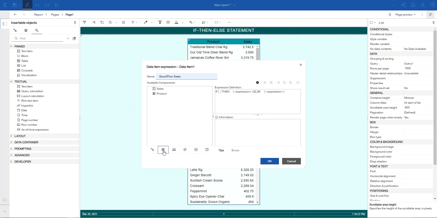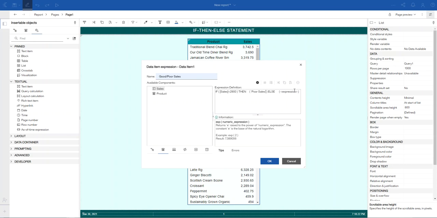So let's go to our data items. We've only used sales and product on this report. So here we're going to use sales. We say if sales is less than 2,900, then, so let's delete this, that should be, we want to see poor sales.